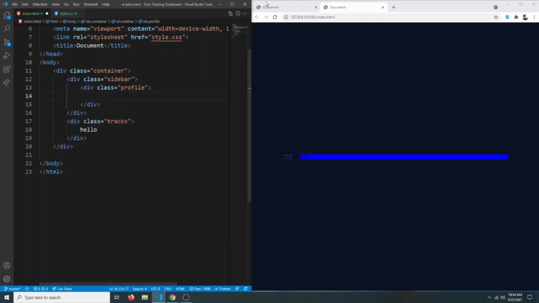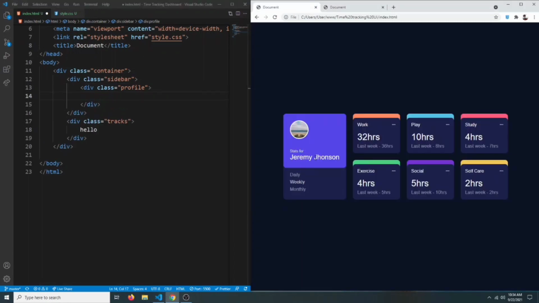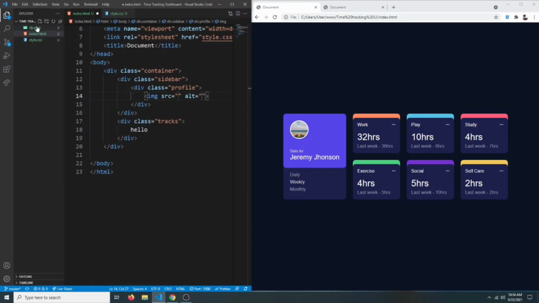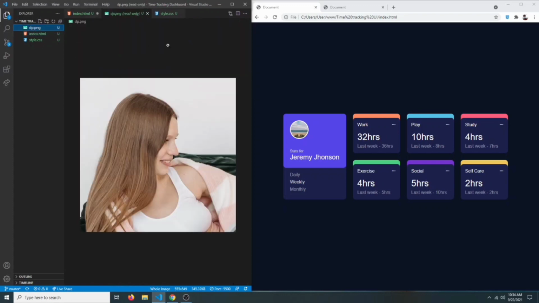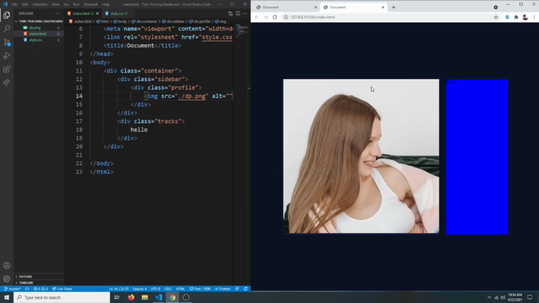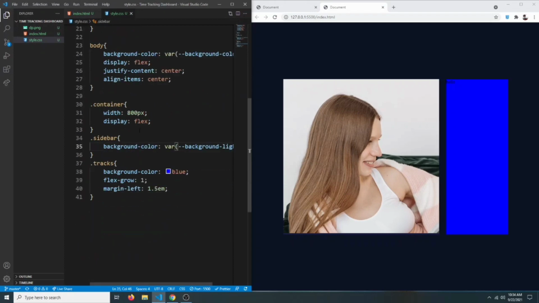In the profile we have an image, this text and the name, so let's create them. So let's say img, and let me just show you that I have an image called dp.png. This is this image, so I'm going to say image source equal to ./dp.png. Okay, let's see. As you can see, we have the image, but it is very big, so let's go here